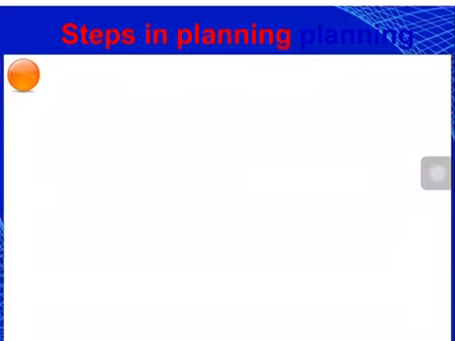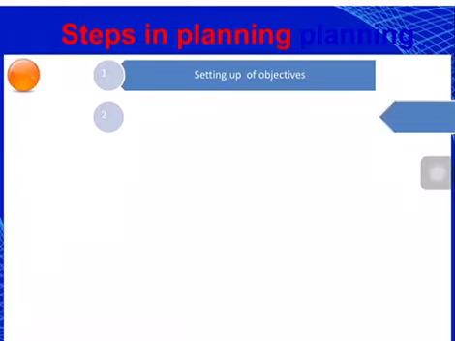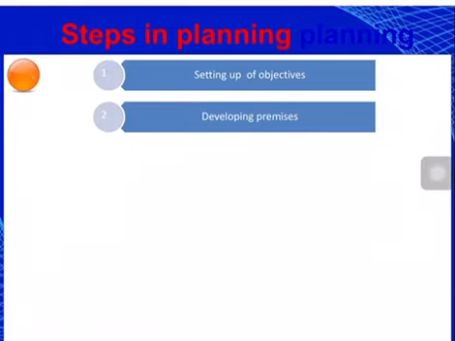Let us sum up the steps in planning. First one is setting up of objectives. Keep in mind, objectives mean the end result which the organization wants to achieve. It should be stated in an objective or, better, quantitative manner. Then the second one is developing premises. Developing premises means the future assumptions. Next one is